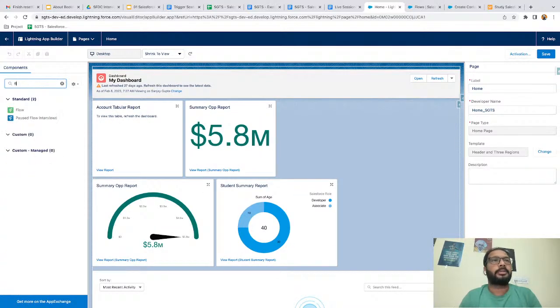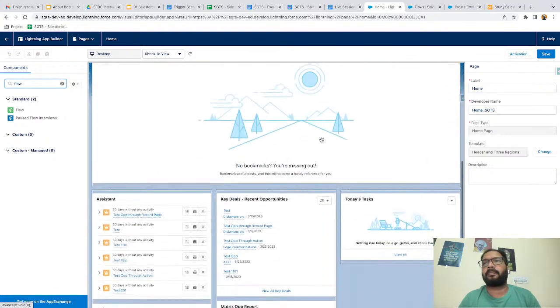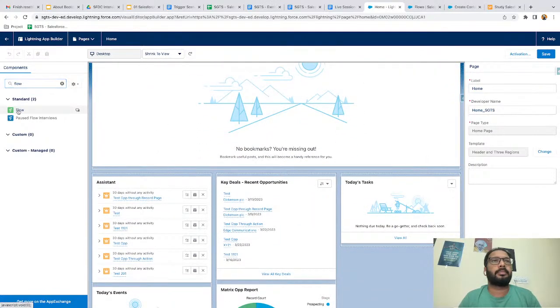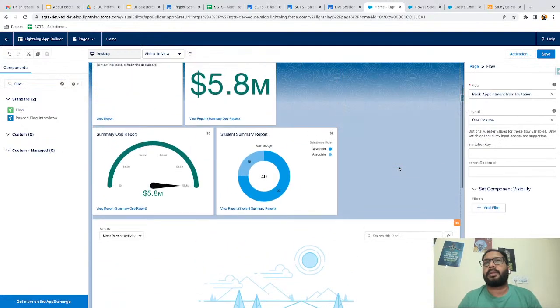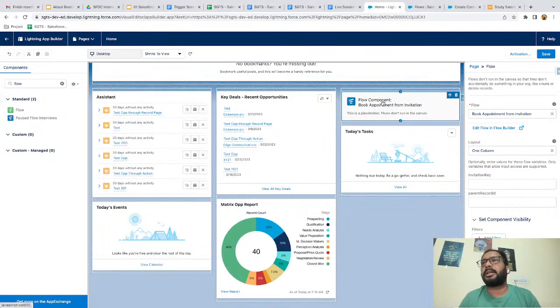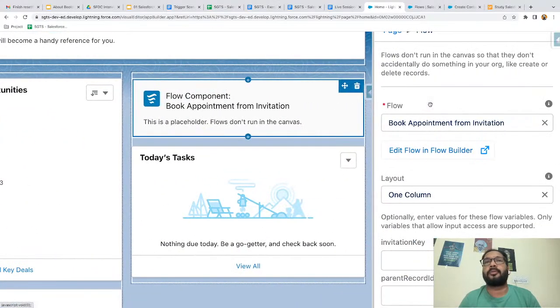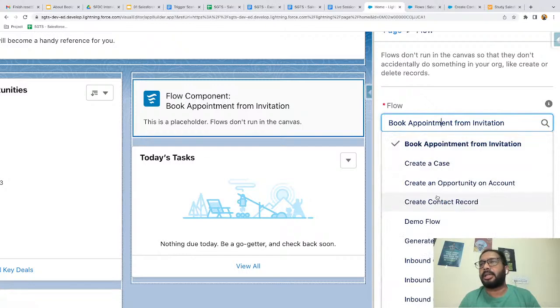Okay, so here I'm searching for flow, and here you will see the flow. We just need to drag and drop it. Okay, I'm going to place it above today's task, right? So here I'm placing the flow component, and from the right hand side I am going to select it. It is the create contact record flow,